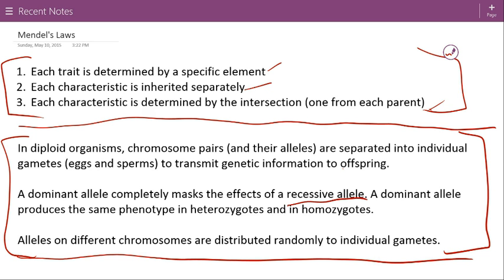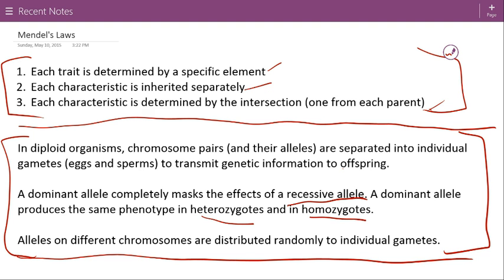Now, in reality, there's more than one chromosome that goes into eye color, but for the sake of making things simple, the dominant allele produces the same phenotype in heterozygotes, where there are two different chromosomes because the dominant masks, and in homozygotes, where they're both coded for brown eyes. So